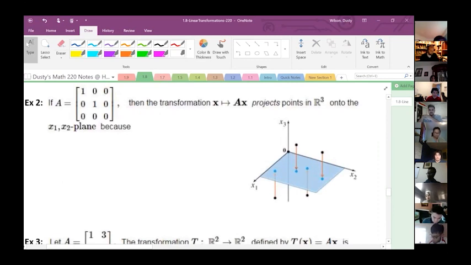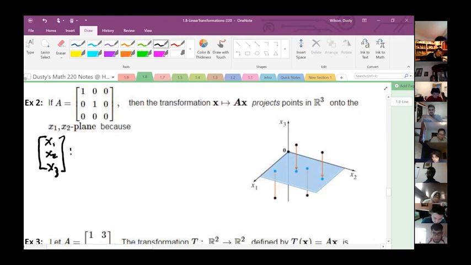All right. So if A is the matrix 1, 0, 0, 0, 1, 0, 0, 0, 0, then the transformation X going to AX projects points in R3 onto the X1, X2 plane. Because, let's just look through the math. Let's see what happens. So if I start with an X1, X2, X3, this is my starting spot,